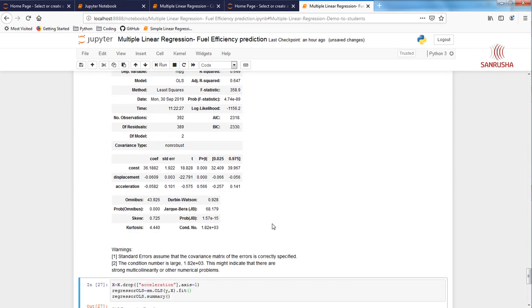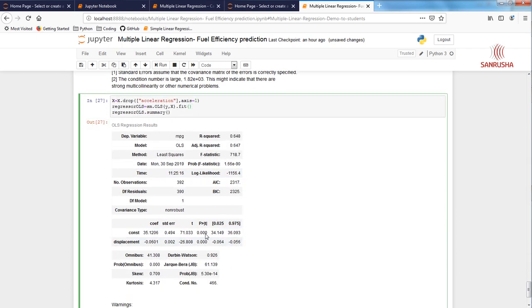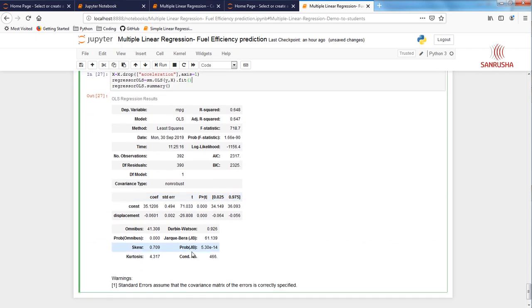Of course, our r square will go down. The reason r square goes down: you add more variables, r square will go up. If you reduce number of variables, r square goes down. So that's why we say in data science world that when it comes to understanding whether your data model is working or not, it's not only r square, there are various other things. Even r square of 0.68 might be a good model because it depends on lot other factors too. Okay, let's move on. So there is no p greater than 0.05 as well as condition number has gone down, so that warning has disappeared. So looks like we got a good model now.